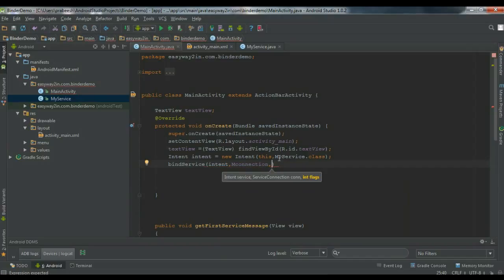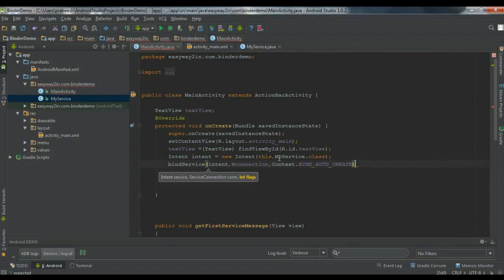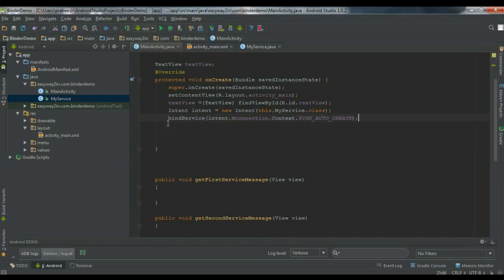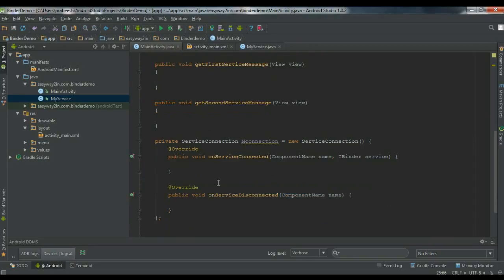And the final one is you need to pass a flag, Context.BIND_AUTO_CREATE. So this will bind the service to this component, that means to this activity. Soon after the bind is finished, the system will call the onServiceConnected method available with the service